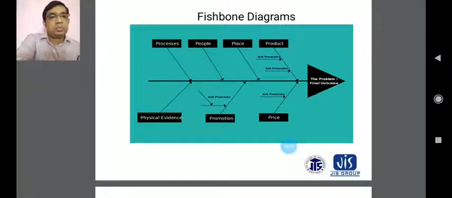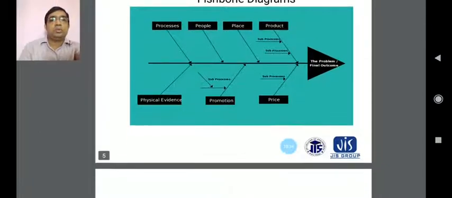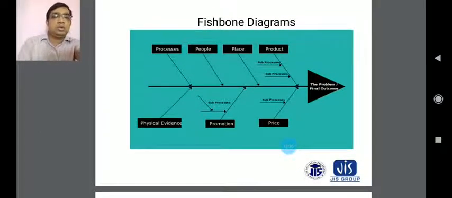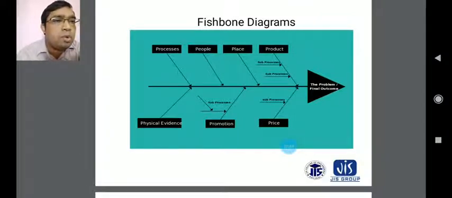Under people and place, you have to be in the right place and push the right work according to the place used. And the product covers the sub-procurements and sub-processes, and the procurement procedures that are done for this product. The product is your company's outcome, and this is concentrated on according to your product.